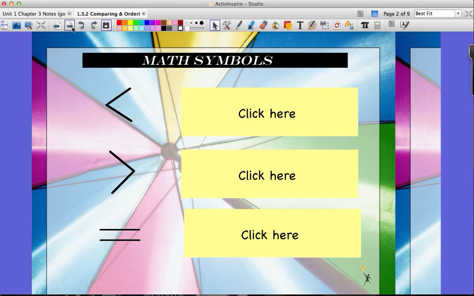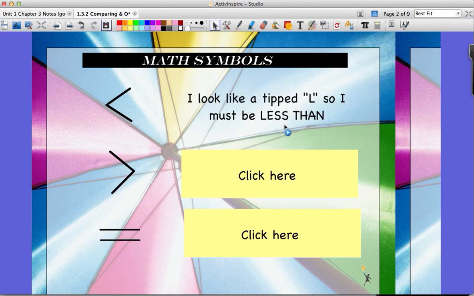Alright, so first we need to talk about our math symbols. Just as a quick review, and just to remind you that each of these symbols does have a specific name, I want you to take your left hand, put it out, and with your index finger and your thumb, make an L. If you tip it slightly towards your right shoulder, you'll notice it looks almost exactly like this symbol right here. So this symbol that looks like a tipped L is our less than symbol. It starts with an L, looks like a tipped L, so that should help us remember that this is the